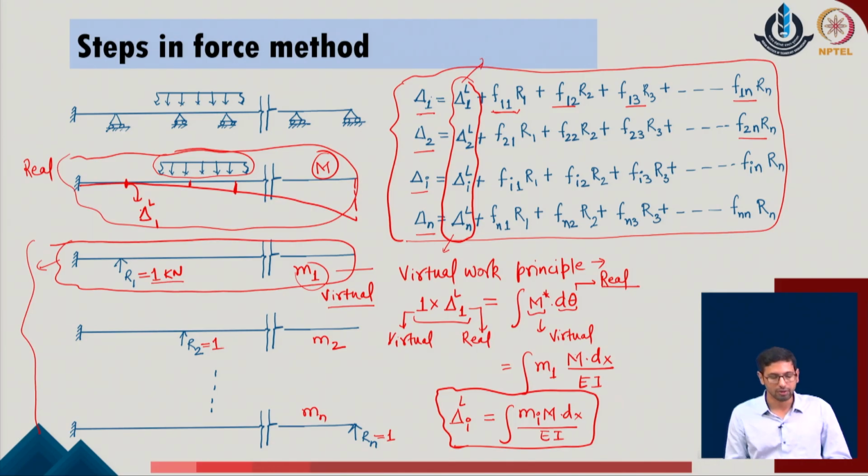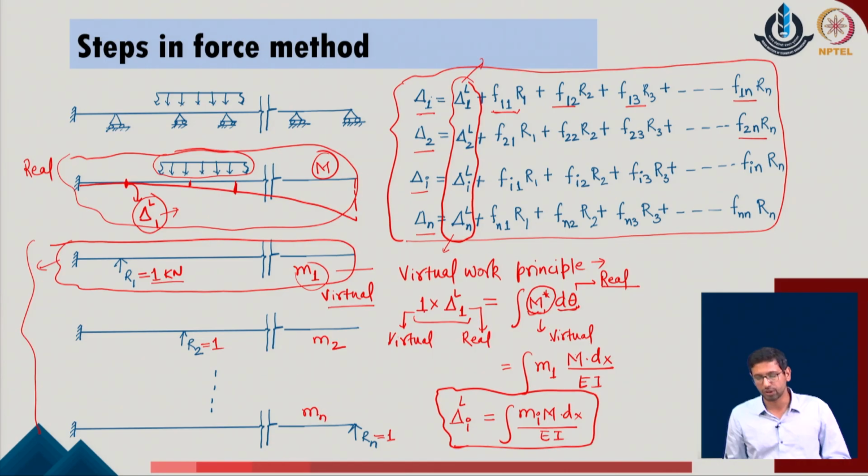Now, if I want to calculate the deflection at the point 1 due to the external load, I can calculate it by considering that the given system will give me the external work done, which is the amount of the force into the displacement over here, which is 1 delta 1 into L, and this should be equal to the virtual strain energy associated with the given system, and that is equal to m star into d theta. As we realize, m star has to be with respect to the virtual system, whereas d theta should be with respect to the real system.